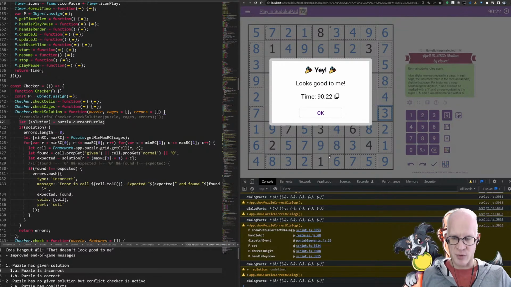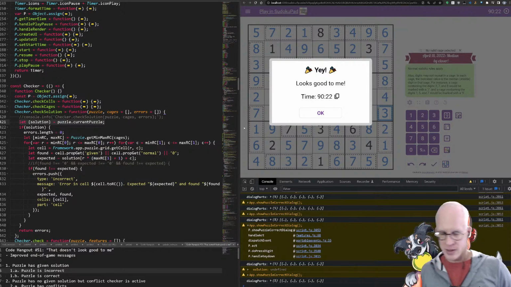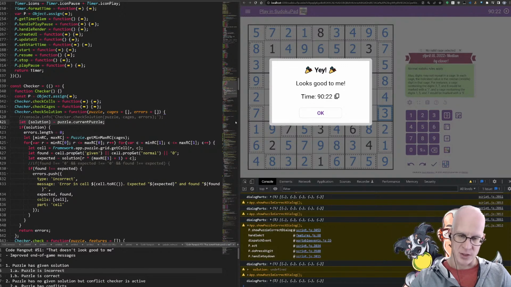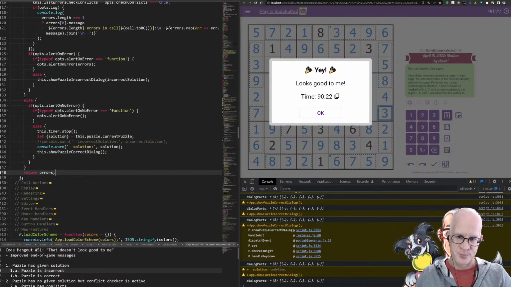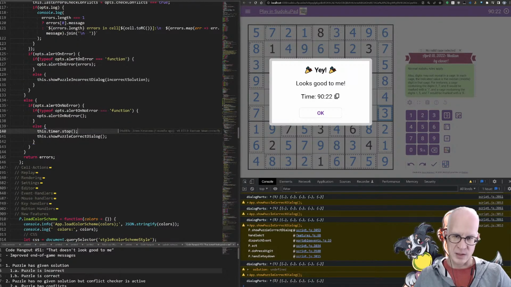Yeah, so I should probably not pass that data into the check, should I? For the incorrect, yeah, because that gets only called from the error check. So I think we want to do this inside the dialog, not pass it into the dialog.